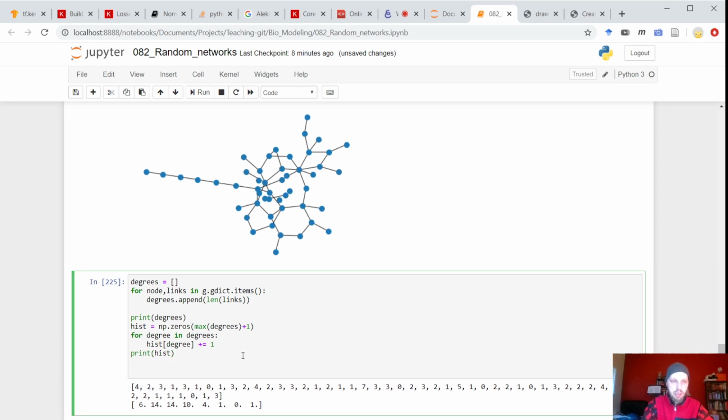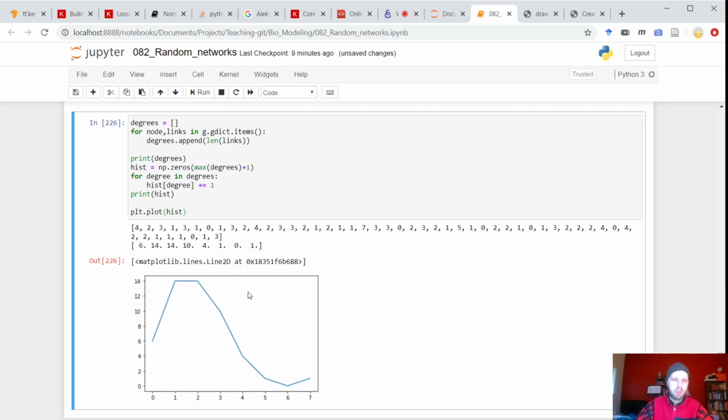We printed it. plt.plot. So if we just do hist, it may work. Will it work? Yeah, it kind of works. Oh, it actually works. It's actually what we need. We don't even have to create a fake x-axis. It just uses 0 as the smallest value, which in this case is exactly what we need. So that's good. Let's just add little